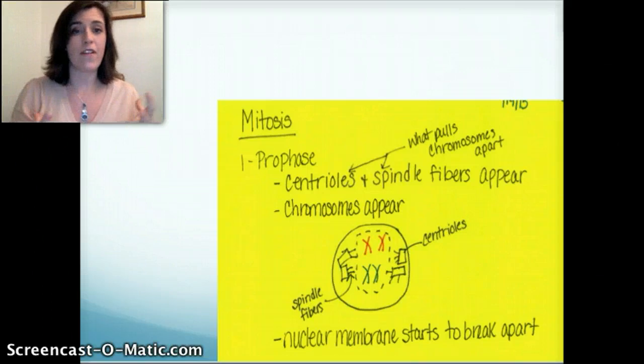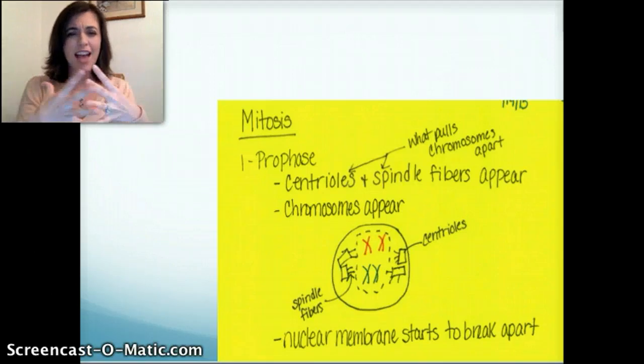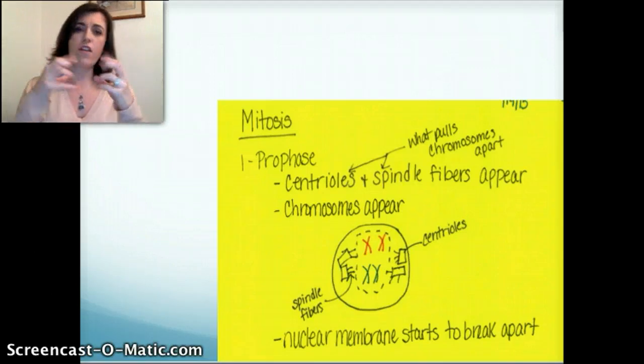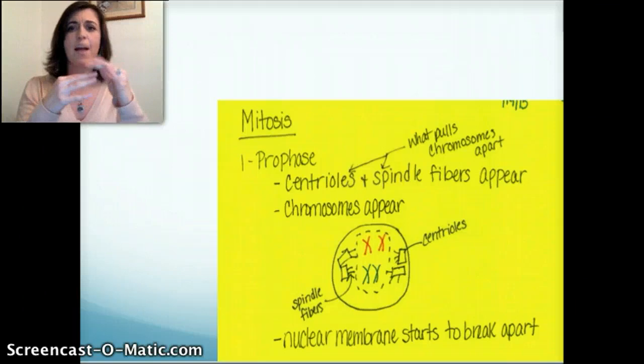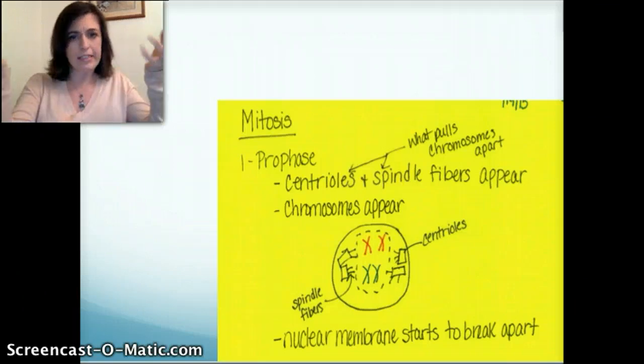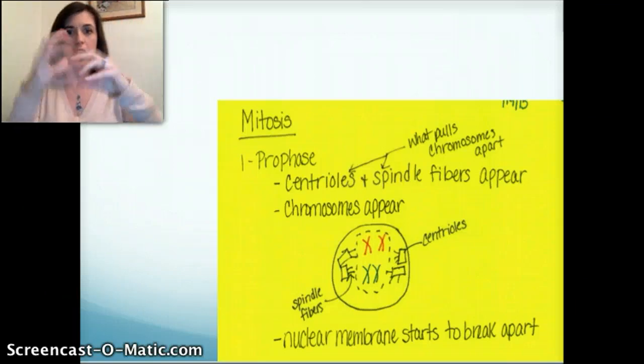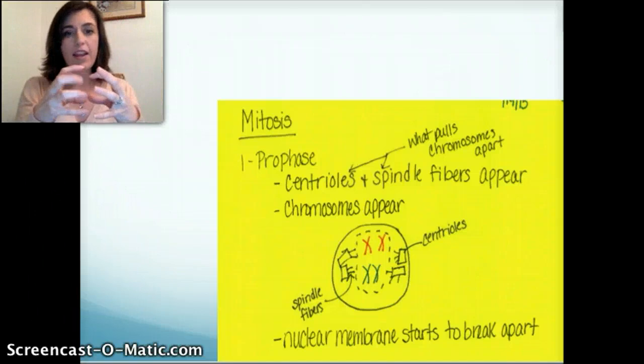What's happening in prophase? Remember, those chromosomes have condensed. They're like, hey, I know I've condensed, and I know I need to start splitting up into two daughter cells, but I don't know where I'm supposed to go. Ooh, I'm just going to hang around here. Ooh. That's what's happening in prophase.